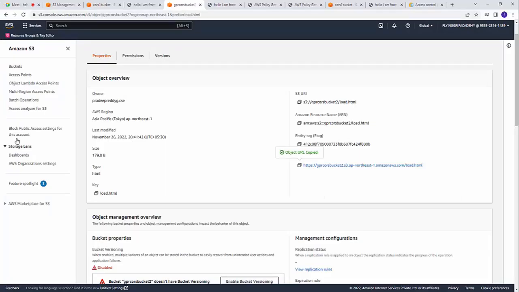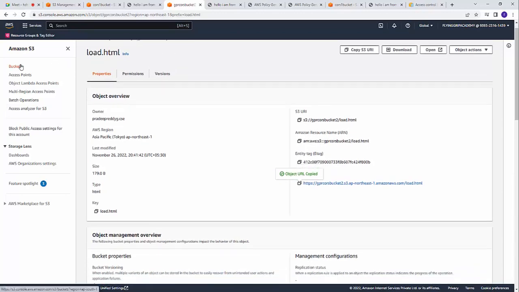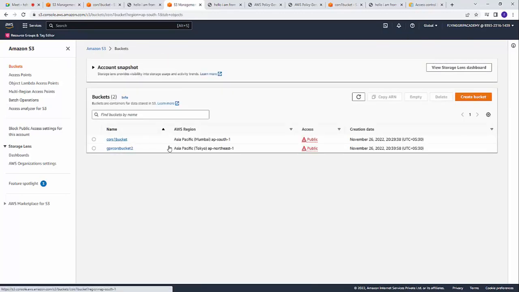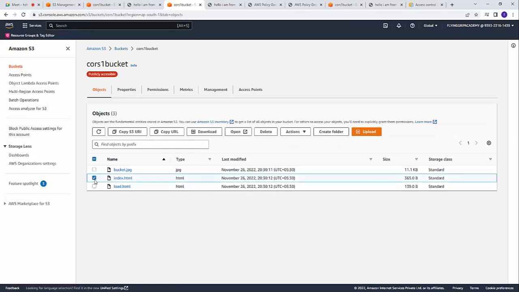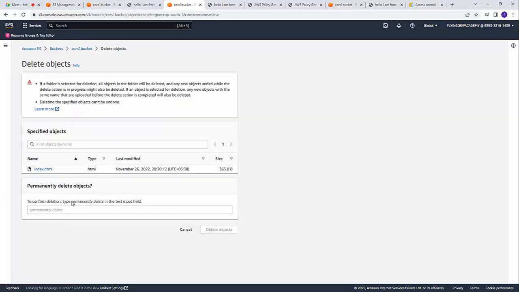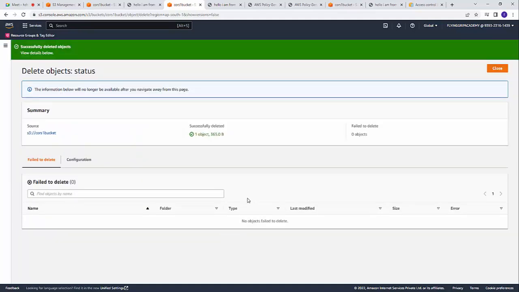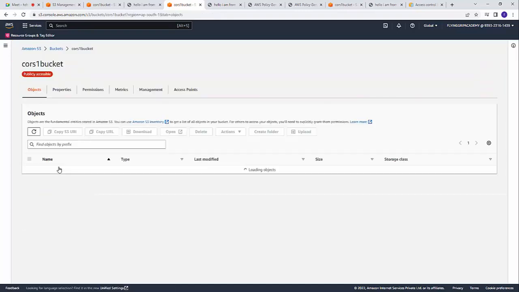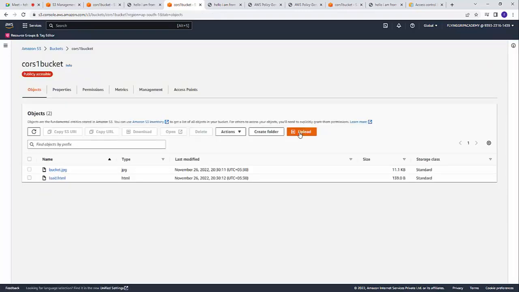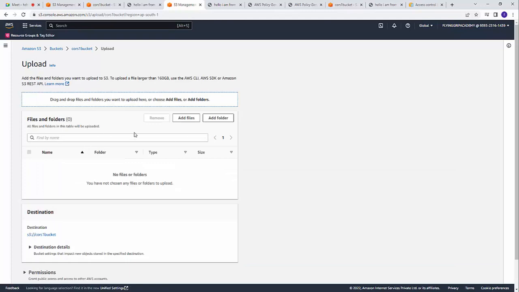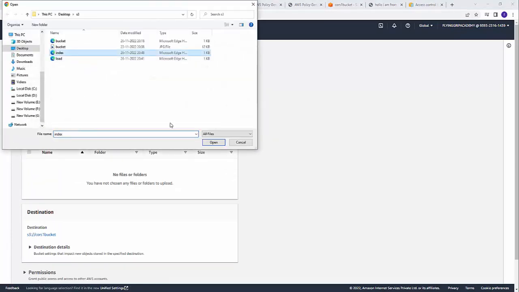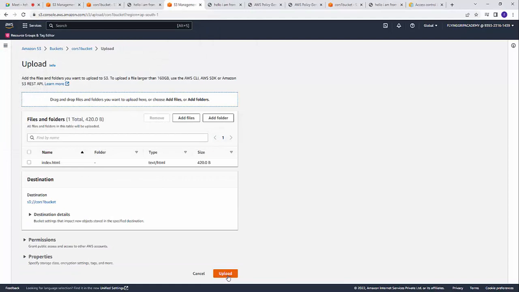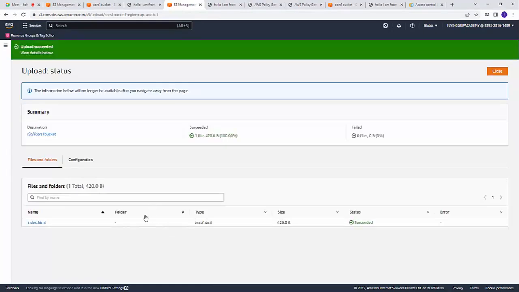Now I will go to the buckets, cars bucket 1, delete the index.html page and permanently delete the object. Now it has changed. Now upload the file which I have edited recently. Add the file, index.html page. Now upload. Now the file is uploaded. Now if you click the index.html page,